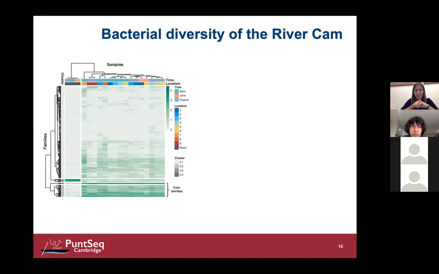It's showing us the mock community is obviously different than the samples. But what is really interesting is that we have these 2 core clusters down here. These are clusters 2 and 4 that represent our core families, the core microbiome that occurs across all the different sites that we sequenced. And then we have a lot of other bacteria that differ between the